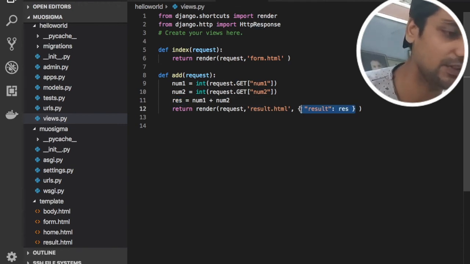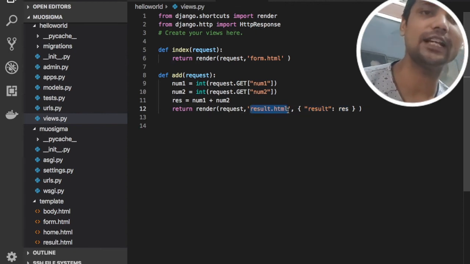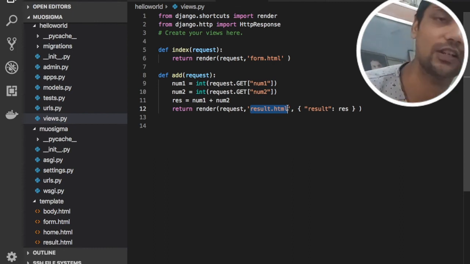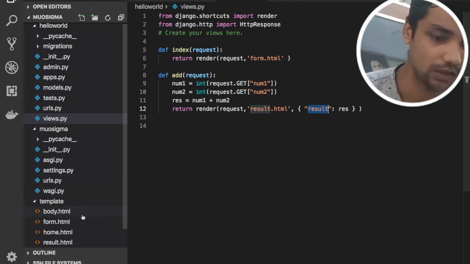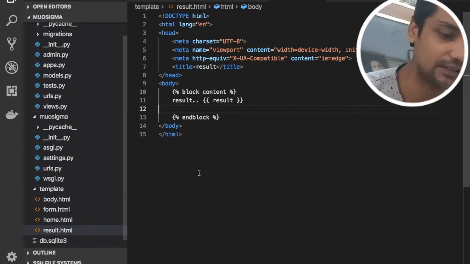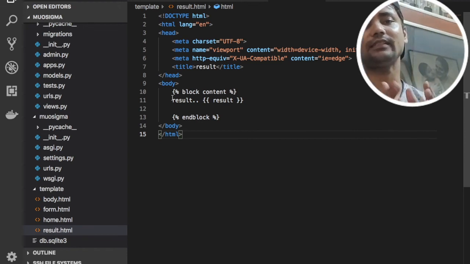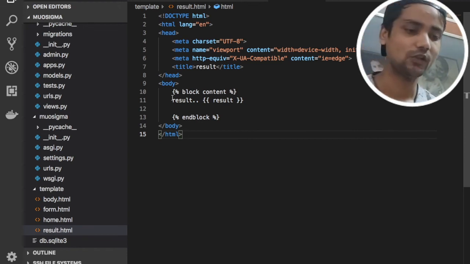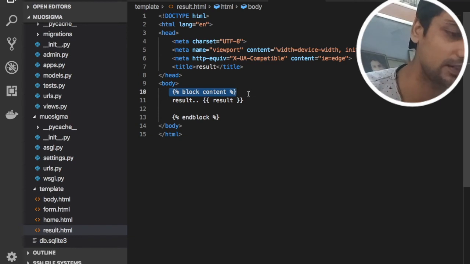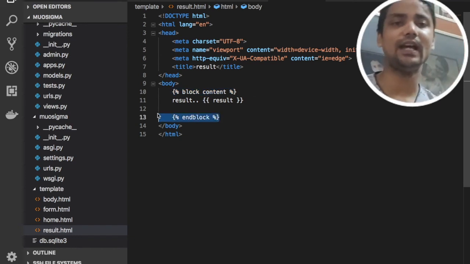And here you can see we have this dictionary. This is the value and this is the key. And we are also rendering another HTML file, which is called the result.html file. So in this result.html file, we can access this dictionary. In order to access the key-value pair, we need to create the block content over here, and we also need to end the block.